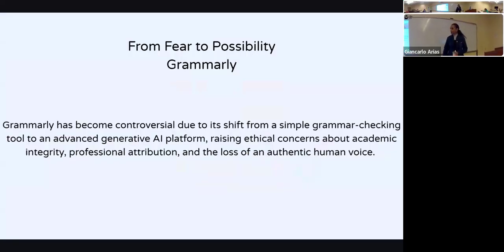Now, fear to possibility. I'm bringing this up as a person who teaches first year seminar, and I had students who turn in papers to me. And sometimes I read the papers and I'm so perplexed. I'm like, what happened to the periods? What happened to the capitalization of the first word in the sentence? And they'll turn it in and I'm like, but didn't you bother to read it? Or did you not at least use a tool to help correct it and take the time to do that prior to turning it into me?